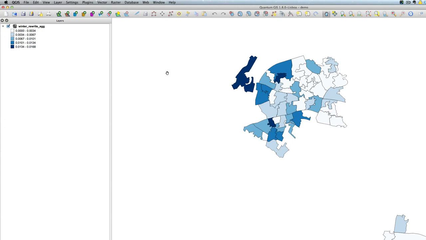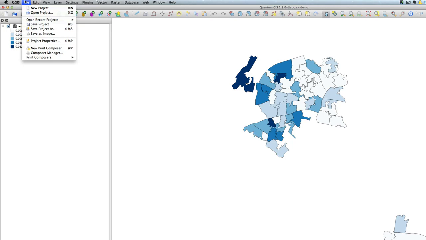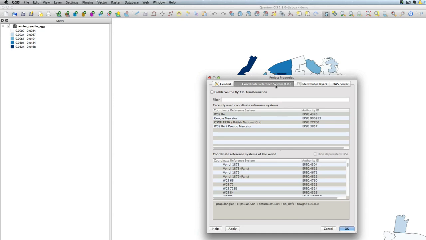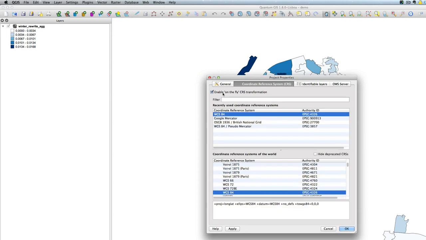Right, so the key to making the map work is to get the project coordinate reference system to work correctly. So if you go to File, Project Properties, you can see in the coordinate reference system there's an option to enable on-the-fly coordinate reference system transformation. And what this allows you to do is that most maps need a reference point from where to draw from, longitude and latitude and so on. And each map generally uses a standard system, but it's not always the same system. And so to allow conversion between the two, you have to specify that you want to enable on-the-fly CRS transformation,